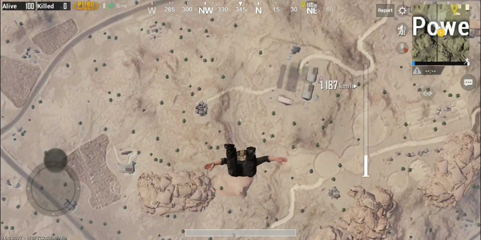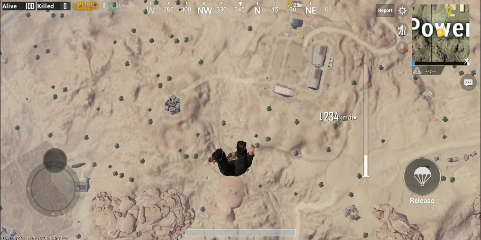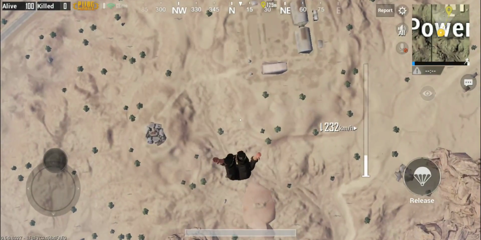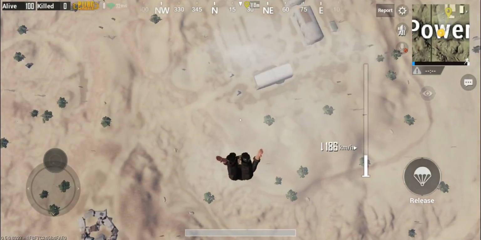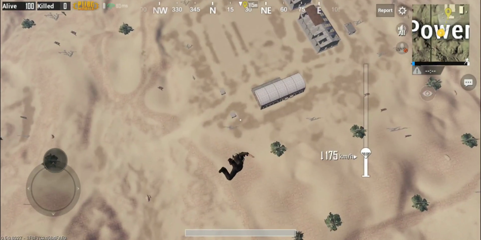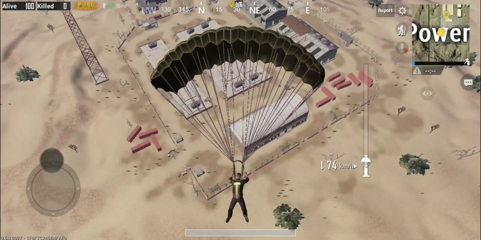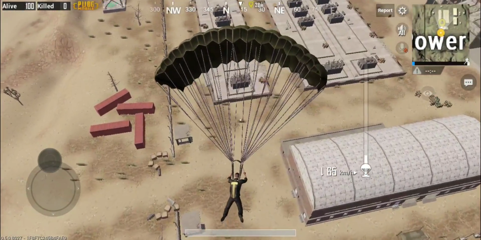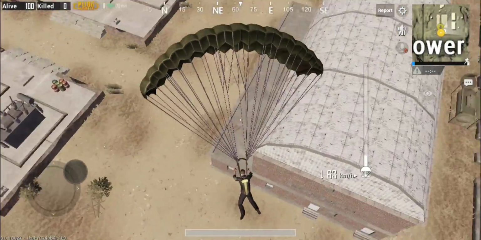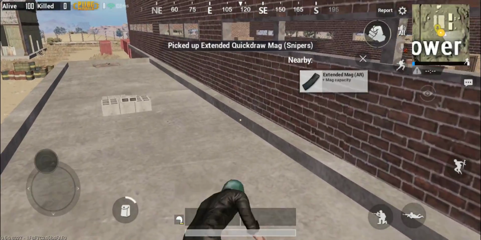So we're doing our sideways dab method just to get a little bit closer. I think I'm going to switch to going almost straight down now. I'm realizing I'm a little far away, because you fall through your parachute quite a bit if you're falling quickly. As you can see right there, I fell quite a ways through the parachute. I'm aiming for this large building that is the south part of the compound, this upper balcony, and right away we've got an extended quick draw